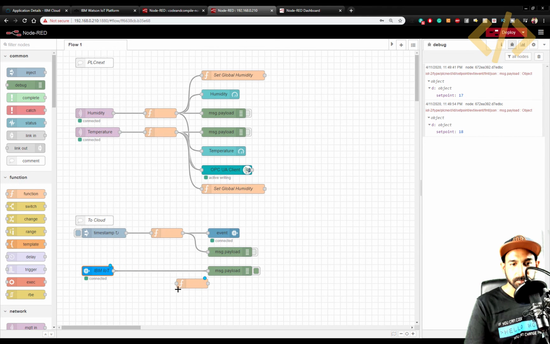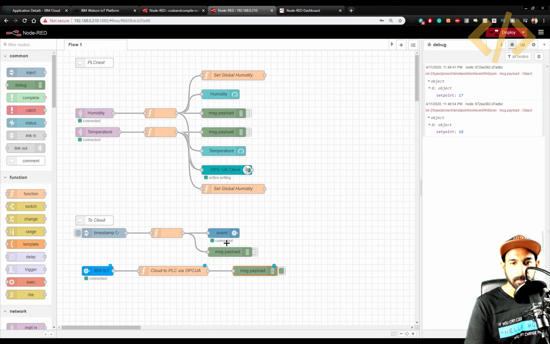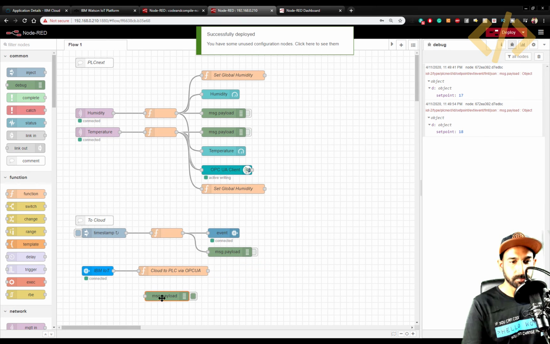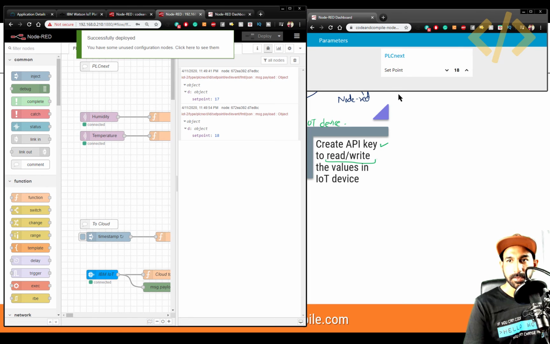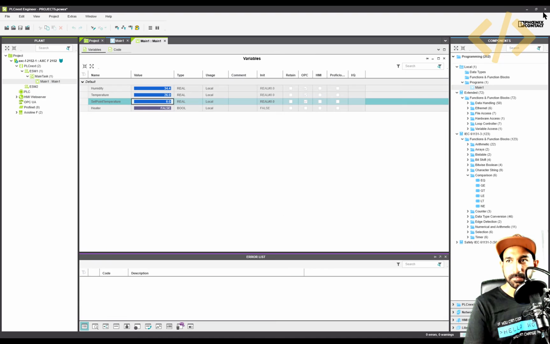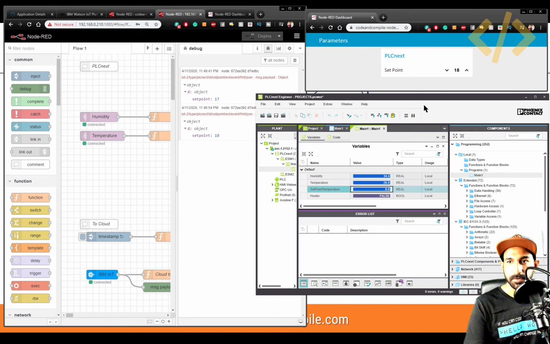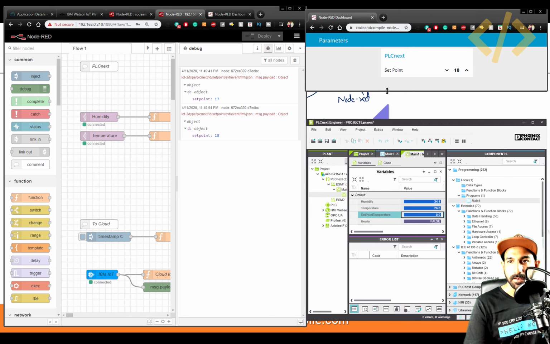So this is going to be inside this. So I will rename this cloud to PLC via OPC UA. So this is going to push the value in my PLC. Click deploy. Perfect. Now just to make sure, I will put it here. Deploy again. Make it small. So this is here. Let's bring it here so that everything we can see in one window. I hope this works. If it's working fine, we will be successfully pushing the value from the cloud.